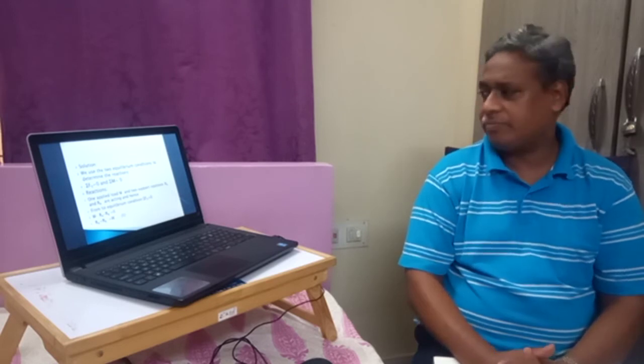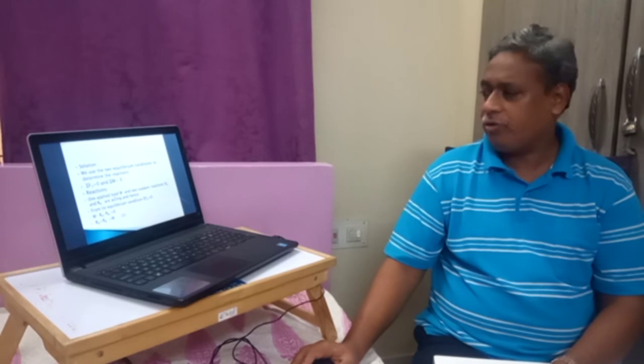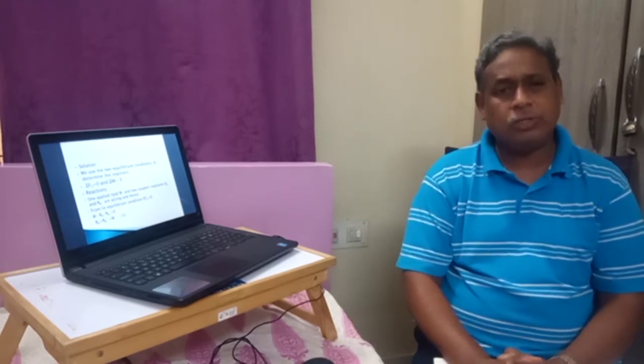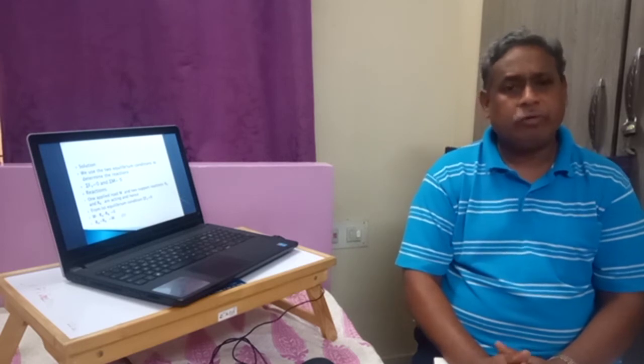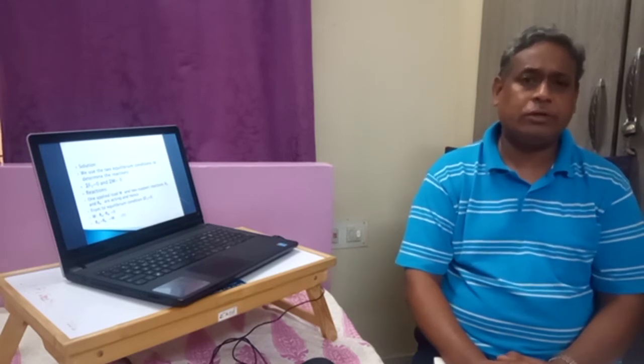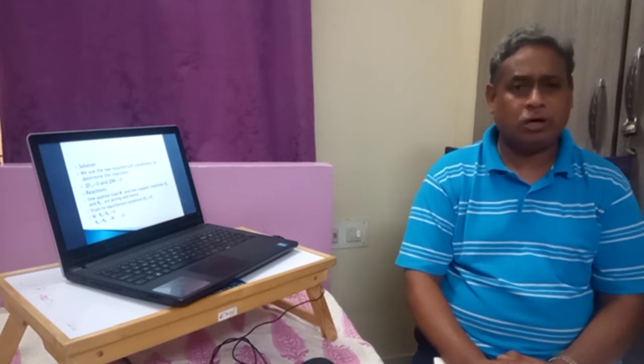Then, to get the solution, we use as usual our equilibrium equations, that is, sigma FV is equal to 0 and sigma M is equal to 0. To find the reactions, we know there is only one applied load W on the beam. There are two reactions going upwards and one load coming downwards. So these two reactions have to share the load.